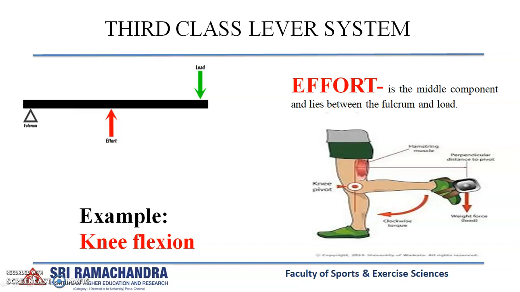So during flexion at the knee, the hamstring is the prime mover for knee flexion, and the hamstring is inserted on the tibia, and then because of the effort of the hamstring, a knee flexion is induced. Here the knee joint is acting as a fulcrum, and the weight of the leg is the load. Now the third class lever system is used to increase the speed of a body and allow a wide range of movement.